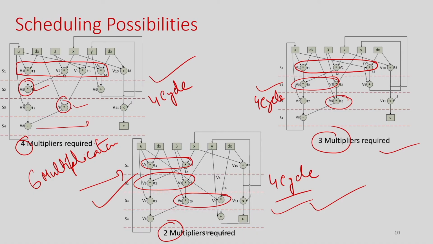The next phase is allocation and binding, and we have already understood at a high level that allocation means you have a set of operations, and you have to map those operations onto function units, because in hardware your operation is executed using some function unit. The operations are mapped to the function units, and the variables of your program are mapped to registers or RAM memories. You can always utilize the same number of resources as operations. Say if there are 6 multiplication operations in the example here, you can always utilize 6 multiplication units, but it is not good.